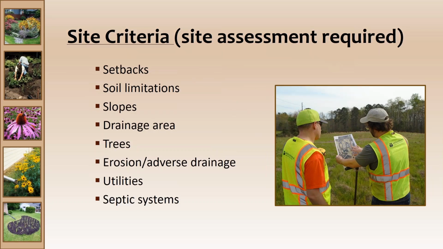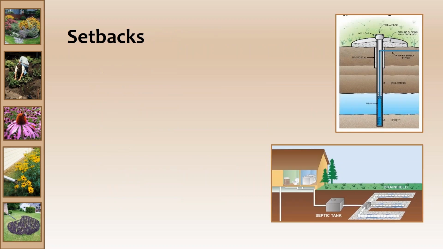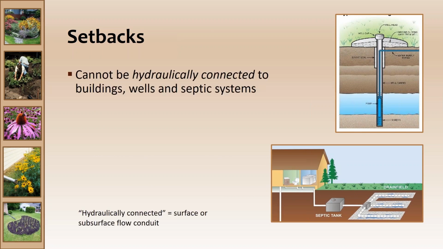The first section is on the site criteria, and it requires a site assessment up front, which includes all of the following elements, which we'll also be going over in detail. And then I'll show you an example right at the end of that section on how to use that criteria. The first one in the site criteria is setbacks,